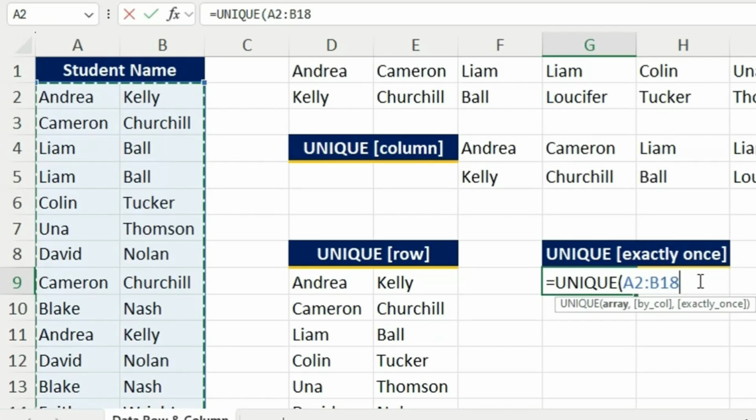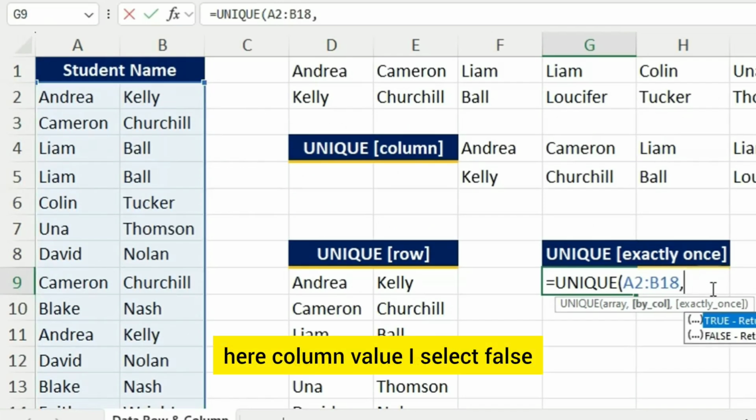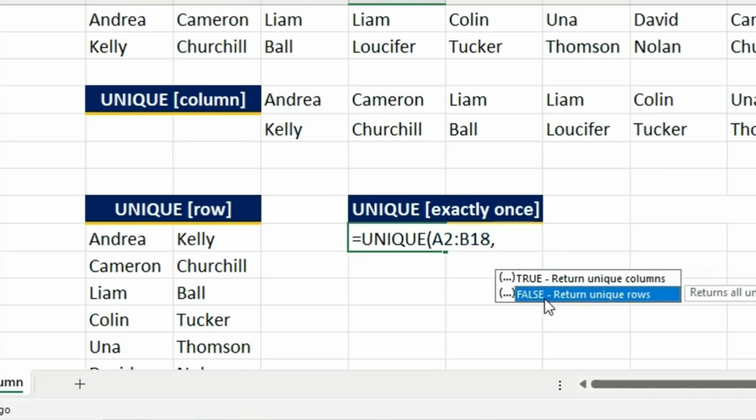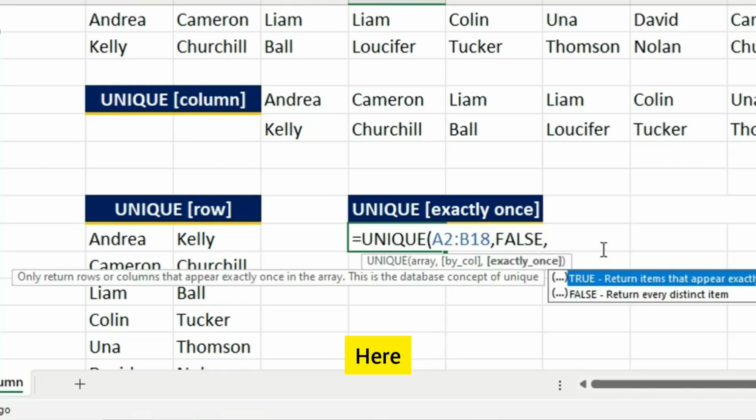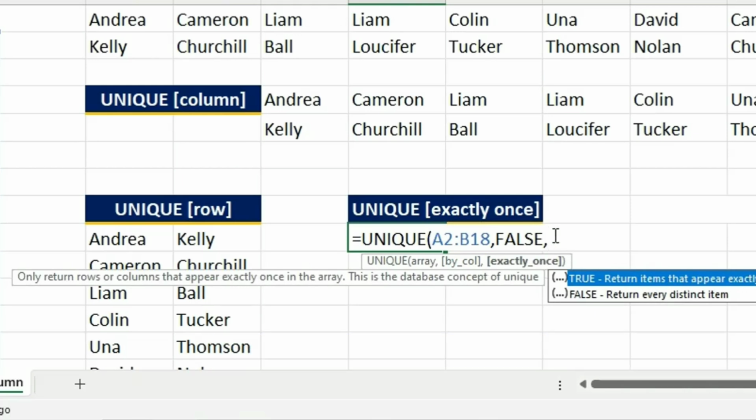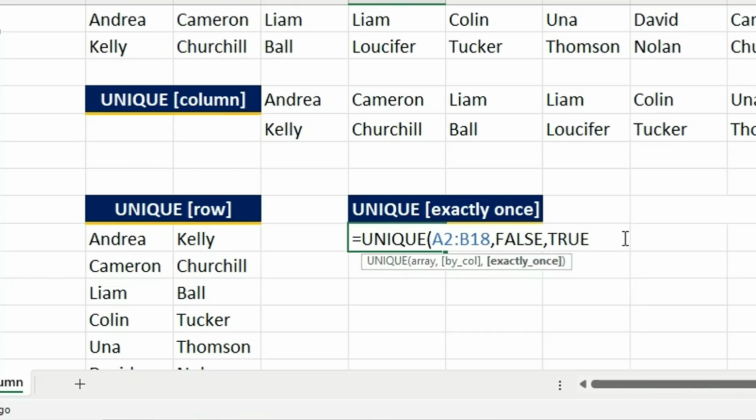Now here for the column value I select FALSE, comma, here for exactly_once I select this as TRUE. I close the bracket and